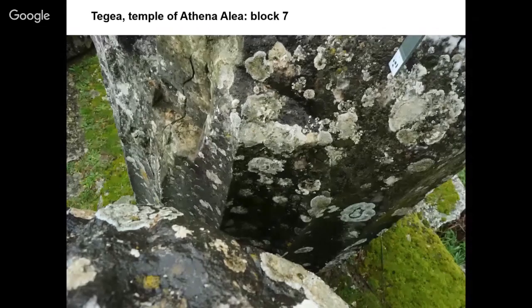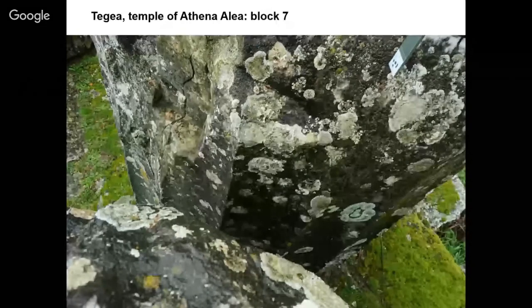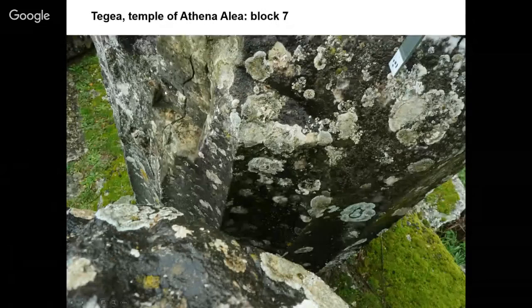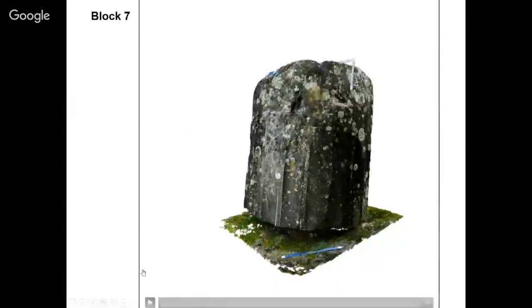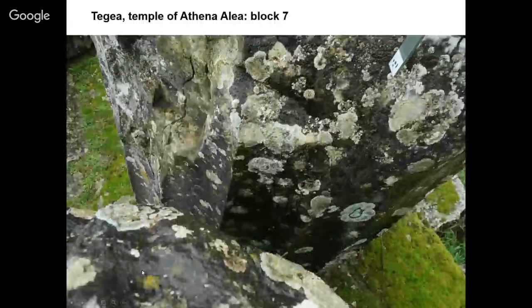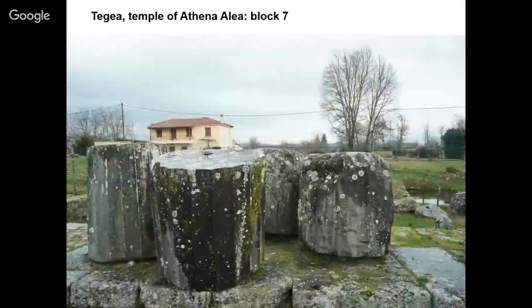Often you will make a sounding hole into it, but then if you're going to use the block, you have to somehow repair the cutting that's been done. As you see, the cut is over there, so it's a junction that's very difficult to document, and